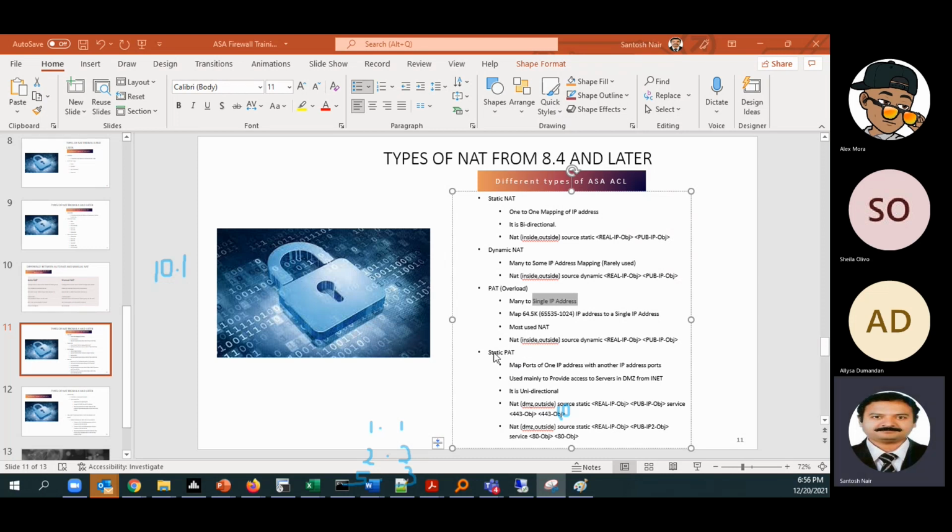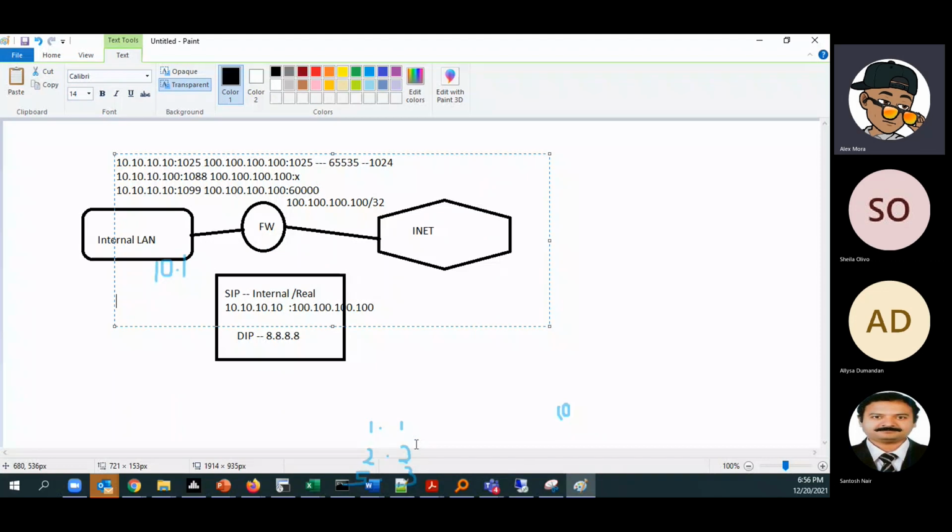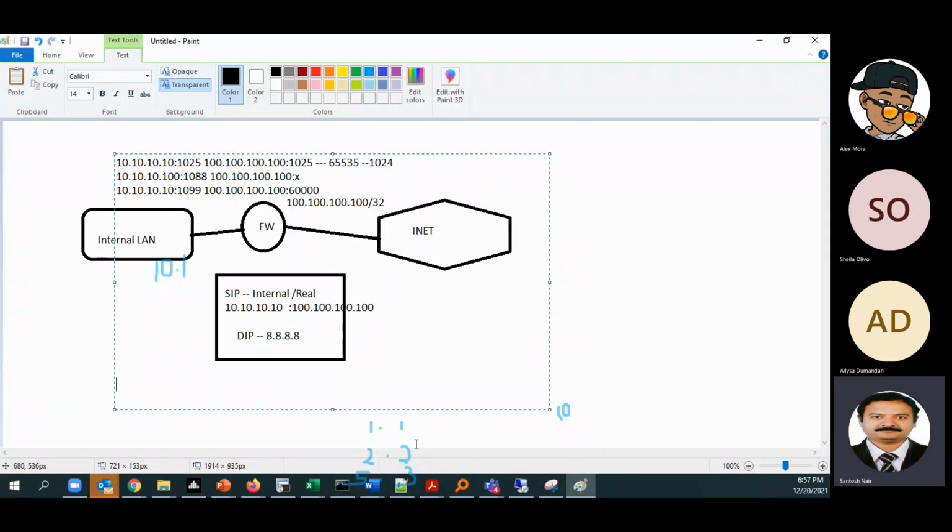You are defining it. Suppose we have SSH. What is the port for SSH? The port for SSH is 22. Suppose a connection comes to 100.100.100.100 on port 22.